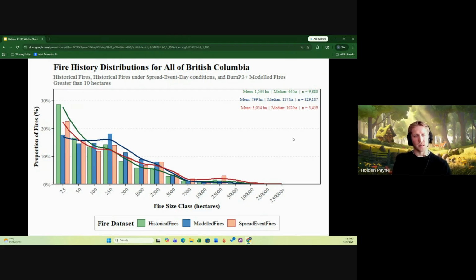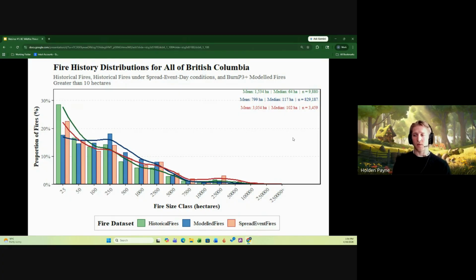But then we're only testing on fires greater than 10 because we're not really concerning ourselves with fires that are really small. We want to at least get some appreciable level of growth. And some people will cut these models off at 50 or 100 or 250 and say those are large fires. We decided to go on the smaller end, although not all fires.